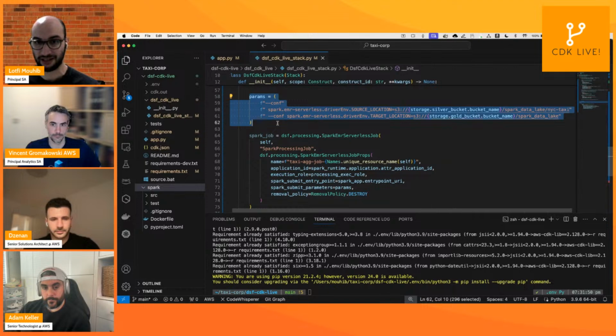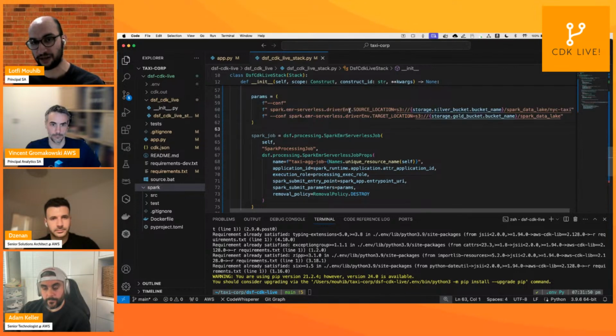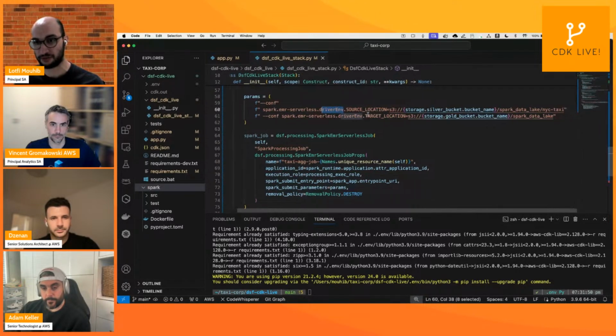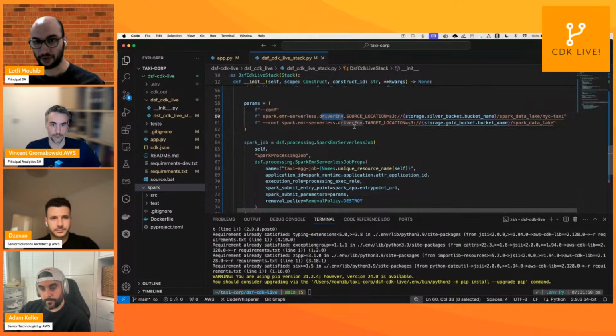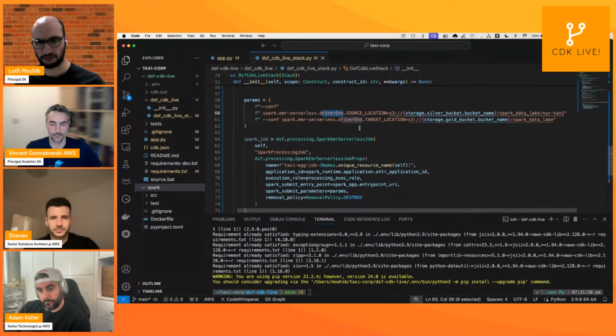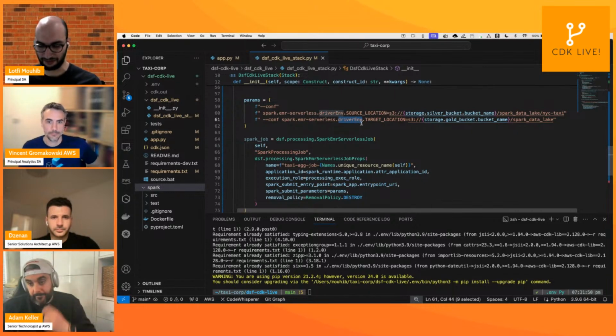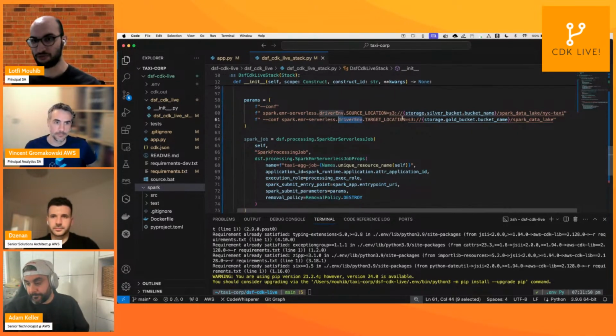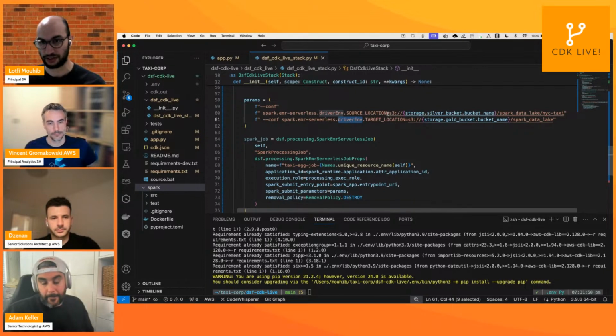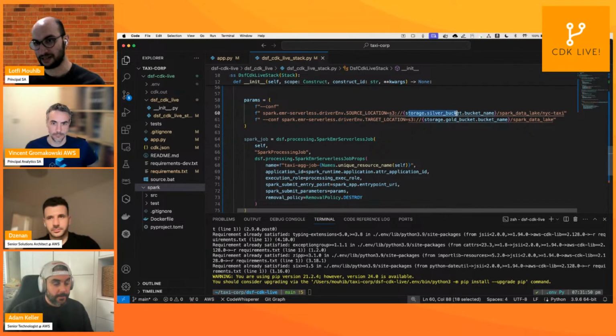Spark configurations. As you can see here, I define my virtual environment for the driver, and the target driver environment. So this is not the virtual environment, my bad. This is the environment variable, so that we pass the location of where we read the data and where we store it. As you can see here, I read from the silver, and I write to the gold bucket. And like this, we have